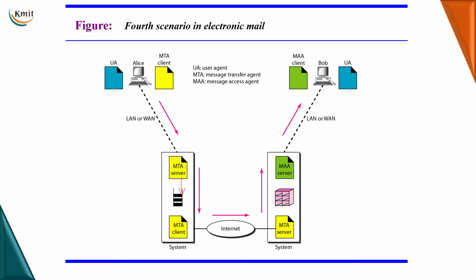will queue up the mails in the queue, and the MTA client will maintain a connection with the MTA server over internet, and the mails are transmitted to the server system, and here they are stored into the mailbox. And now, as Bob is not directly connected to the system, Bob, to retrieve the messages from the mailbox, will make use of a program called as MAA, Message Access Agent, whereas MTA is a message transfer agent which is